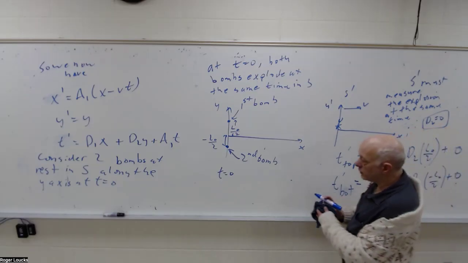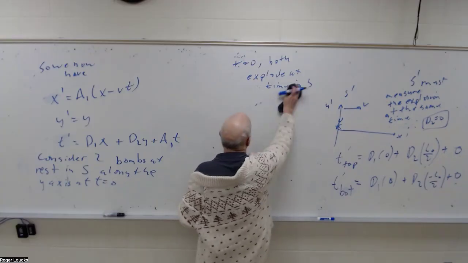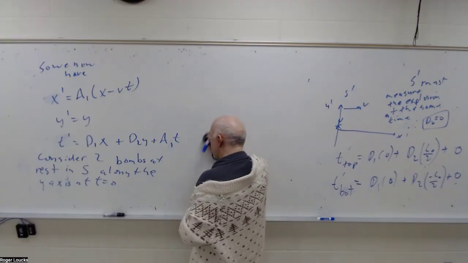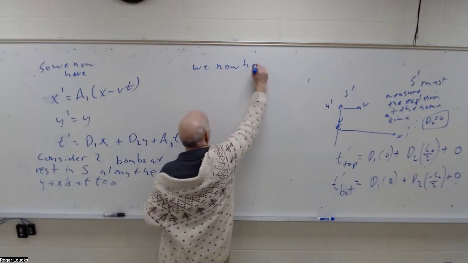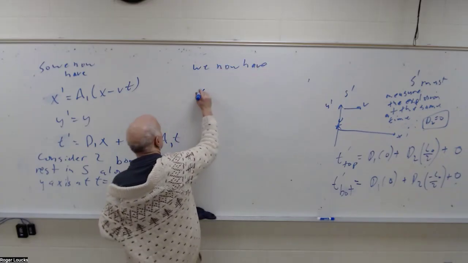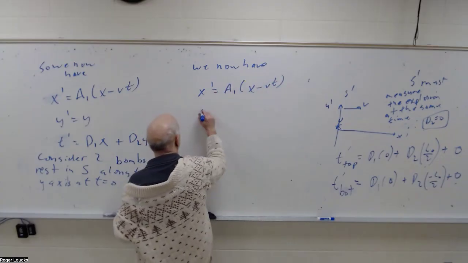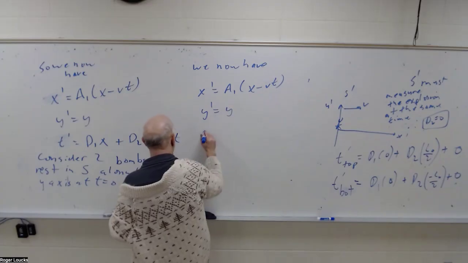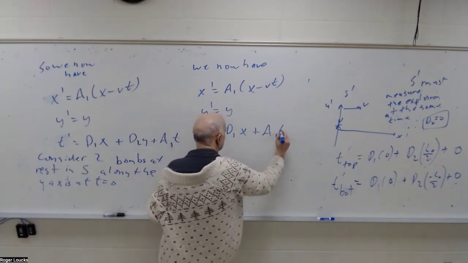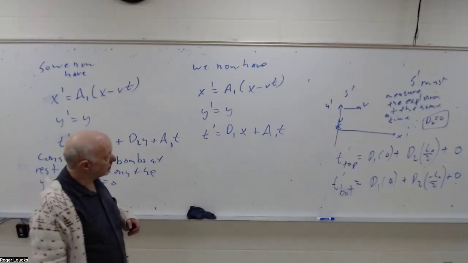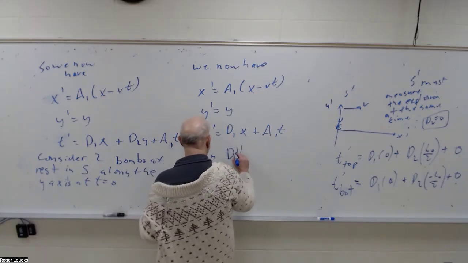So now what are our final equations? And this is where I leave you with daily homework 3. So we now have x prime equals a1 x minus vt, y prime equals y, t prime equals d1x plus a1t. And in daily homework, we'll call it 3,